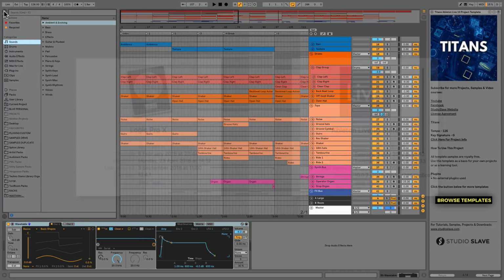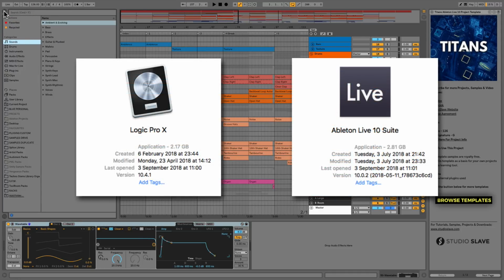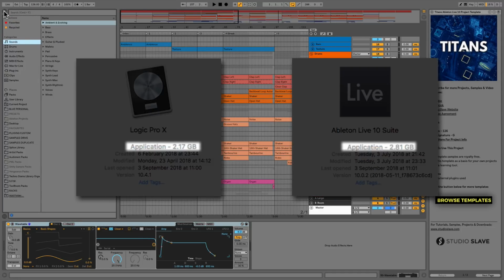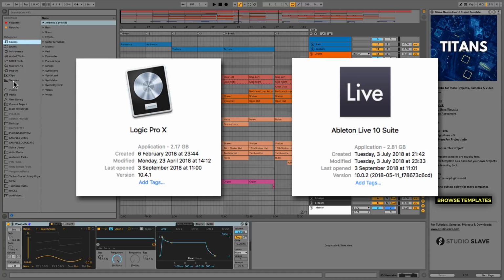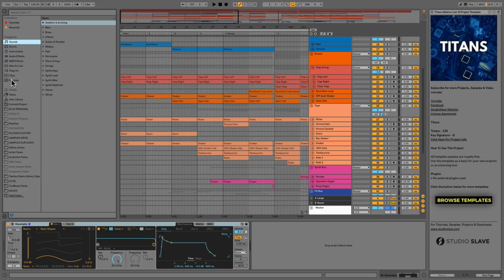So with Ableton Live, the actual Ableton program itself is nice and compact. It's not too big at all, but what you can do in the different versions is essentially add extra packs and add-ons, and to do that all we have to do is go down to Places here, click on Packs, and in other versions such as Intro and Standard, this is where you'd buy things like Max for Live, and you'd also buy other instruments. So if you wanted things such as Wavetable, Analog, or Operator, you could buy those.